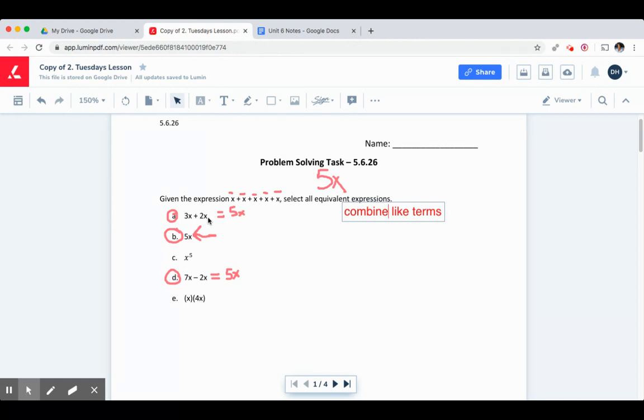If terms do not have the same variable, they cannot be combined. So 3x plus 2x works the same way as addition works. We would add 3 plus 2 and connect x to it. 3x plus 2x is the same thing as 5x. And I can write that out in expanded form to show you exactly why. Because it's just like doing